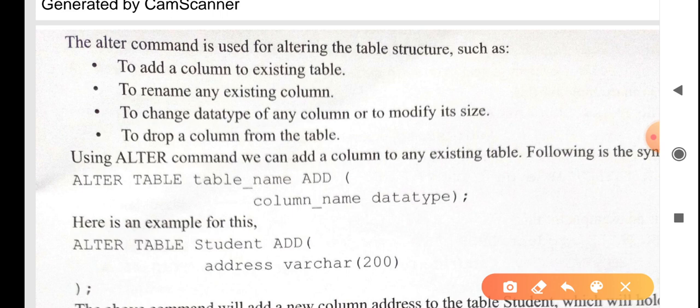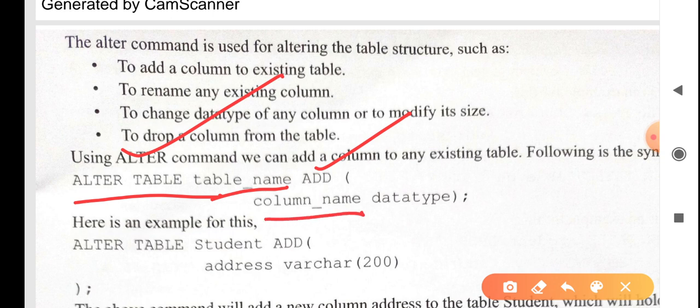For this purpose, we have to modify, or update, or alter the table. In order to alter the table, we will have to use the ALTER TABLE command. With the help of the ALTER TABLE command, you will have to write in this form. First of all, ALTER TABLE, this is the command. Here I am also following the same structure, that the command is in caps. Then the name of the table, and then the ADD command. Again, ADD is a command because it is in caps, and then the name of the column to be added, and the data type will also be given here.